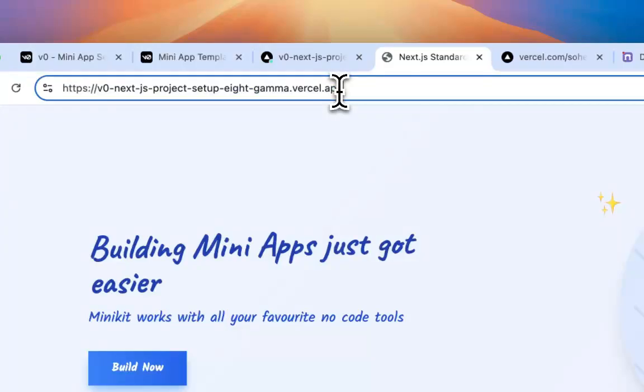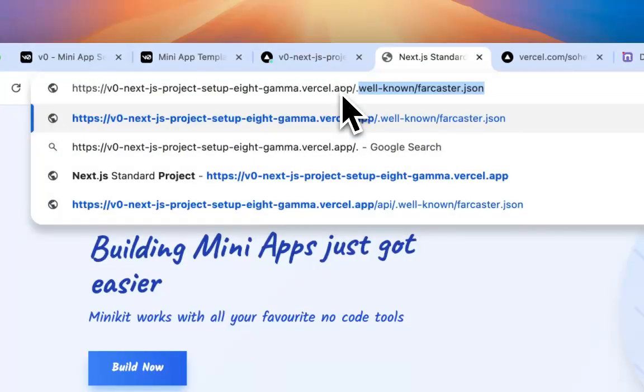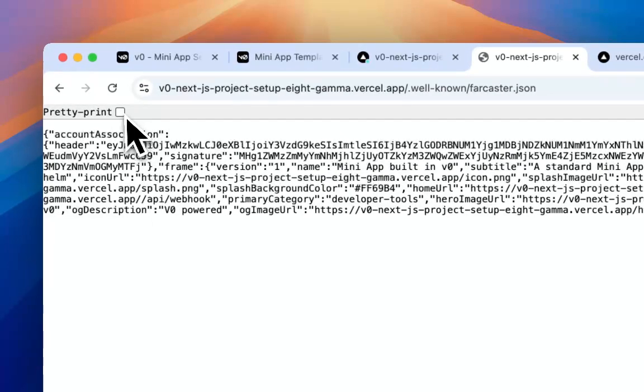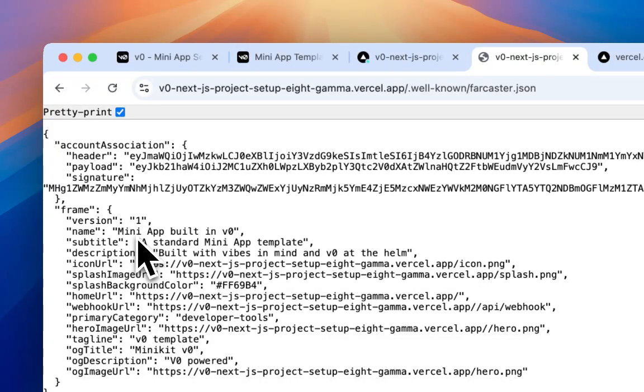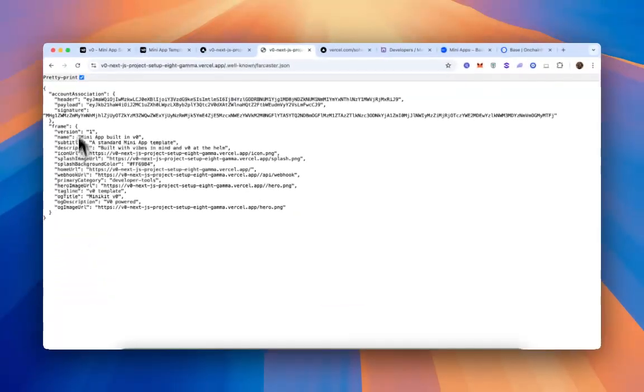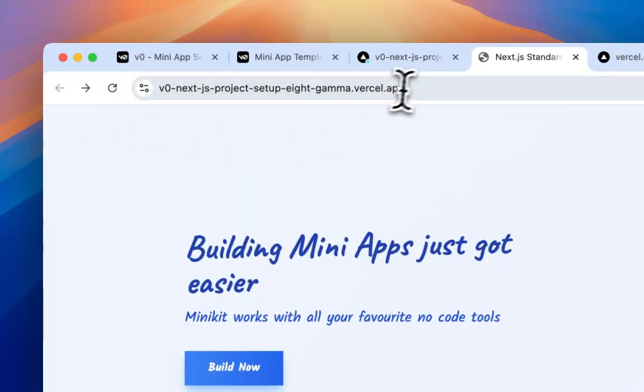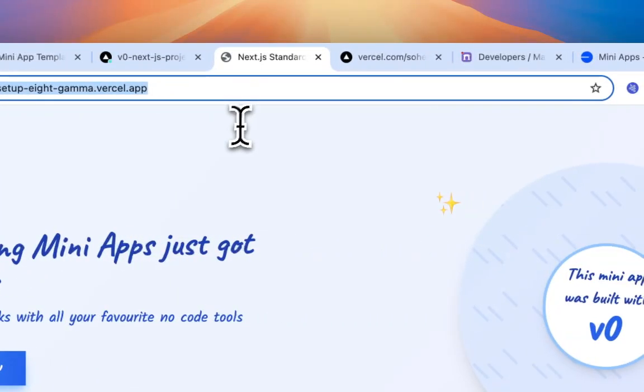So I've gone to my project. I'm going to check the endpoint myself, and I can see that everything looks pretty good. This is the extra step I do for myself. Actually, you can see here that I have a double slash, and I probably should fix that. So I go through and double check that everything works and that everything looks and feels correct. And then what you do from here is take this URL,